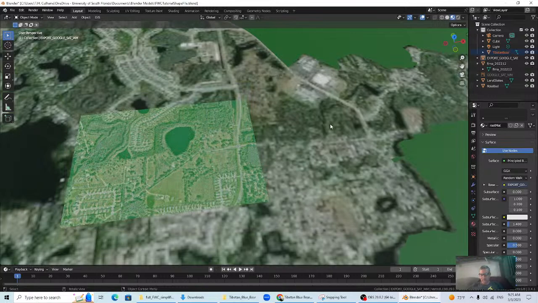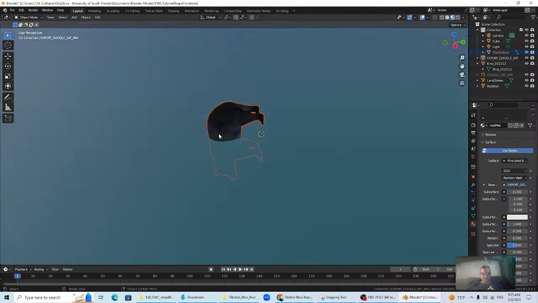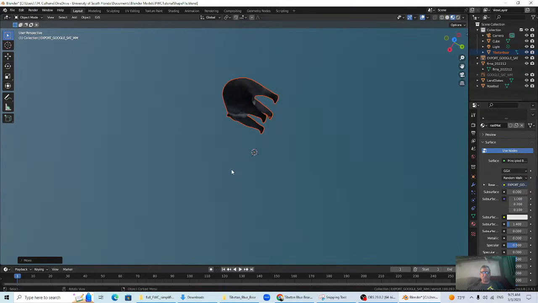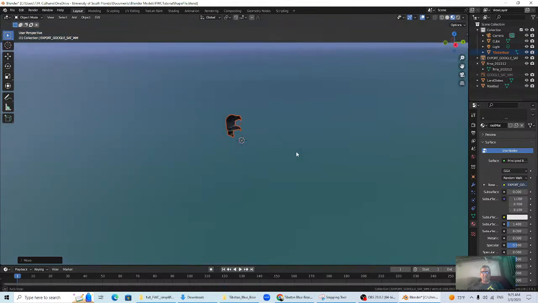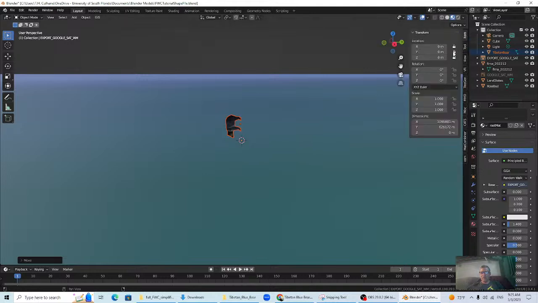And let's see where it went. Oh, it's over there. Okay, and it came in with its model. That's good. It's just way off in the world. In the wrong button. I hit it. Alt-H, go back. G, move it up out of the ocean. Is that where it is? In the ocean? Now it came in translated weird, so this bear, I have to open up and rotate it